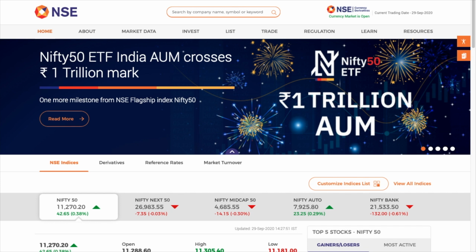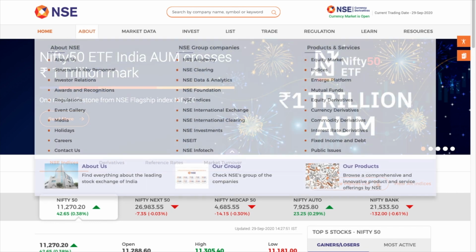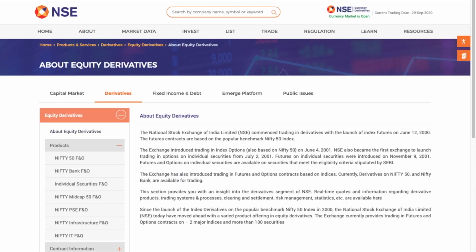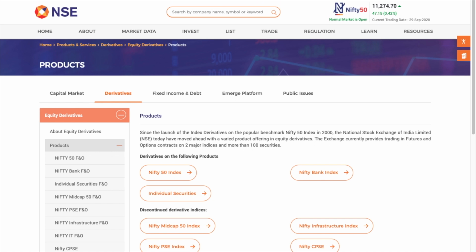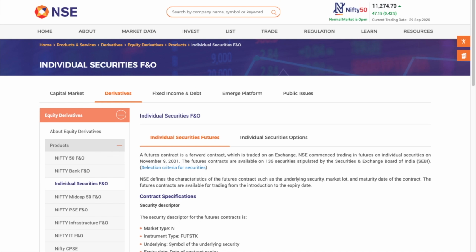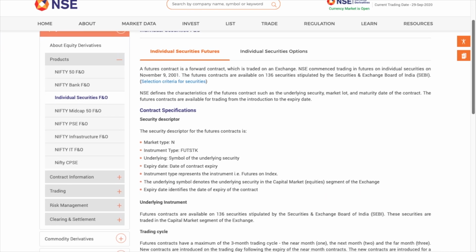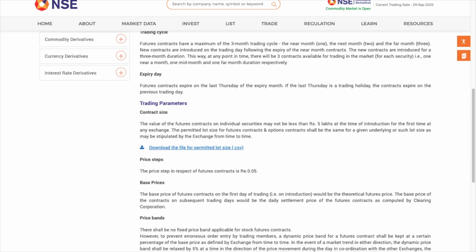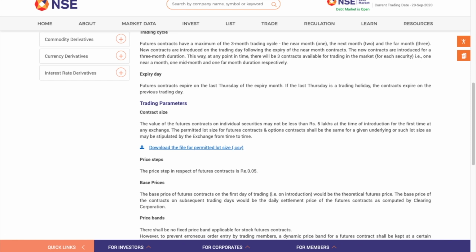Point your browser to the website nseindia.com. Click on About and then Equity Derivatives. Expand the Products section and click on Individual Securities F&O. Scroll down and click on the link Download the file for permitted lot size. In your Downloads folder, you will now find the file